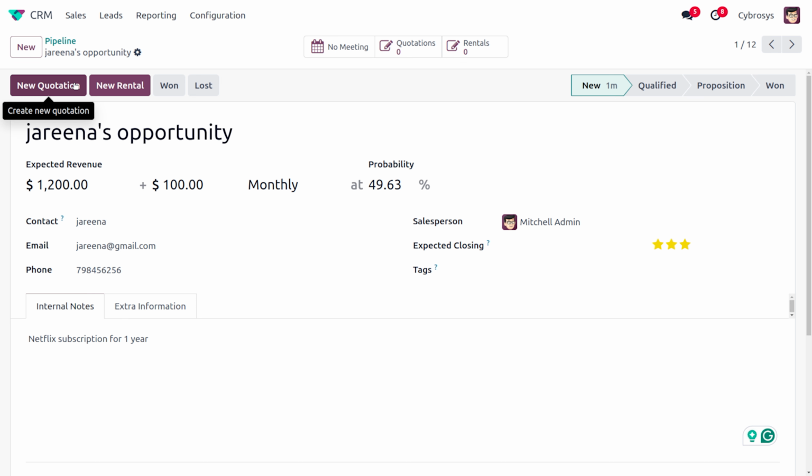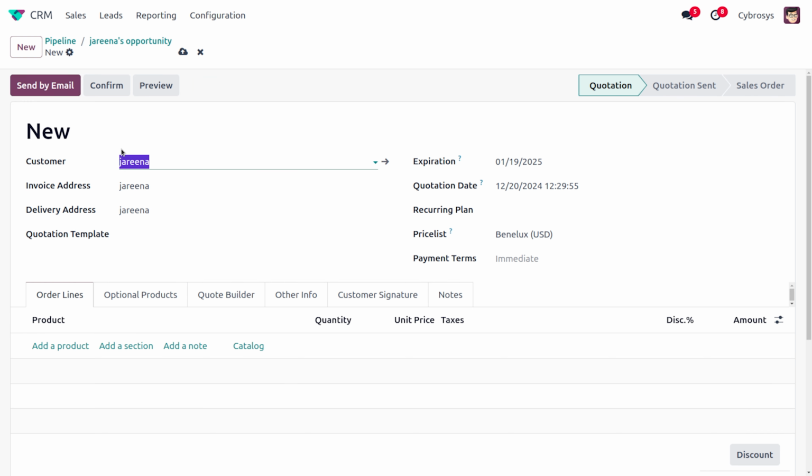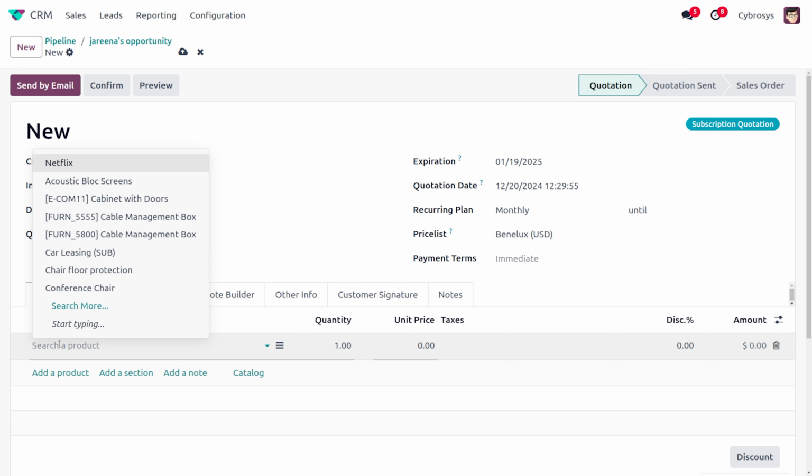And let's create a quotation. So I'm going to create a new quotation over here by filling out the recurring plan. It is mandatory to choose the recurring plans. If you are not using the recurring plans, it won't be applied over here to set the recurring revenue. Afterwards, you can just fill out the details of the product.